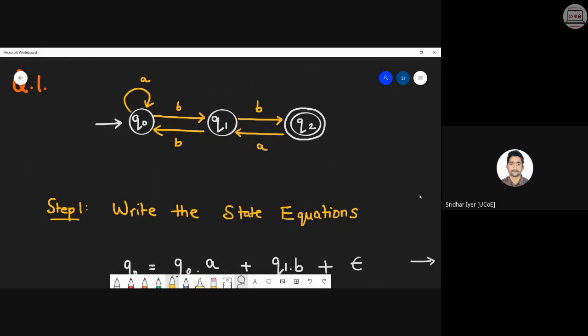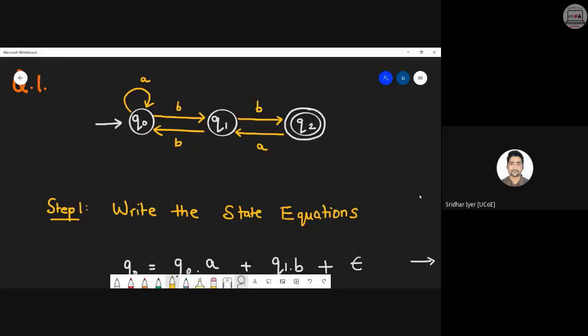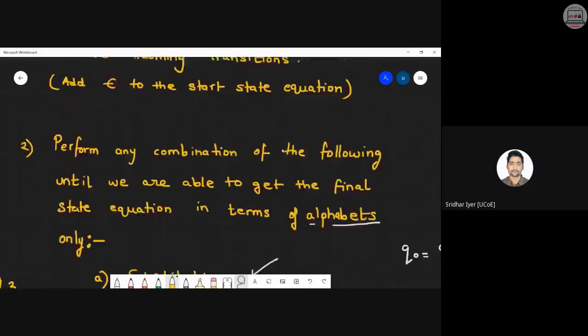This is your diagram. This is a finite automata given to you. Now, I have already explained that this can be an NFA, this can be an epsilon NFA, or this can be a DFA. So, in general, we are calling it a finite automata. Obviously, this is not a DFA. Clearly, it is evident that it is not a DFA because Q2 doesn't have any B transition, right? Similarly, this is not an epsilon NFA also, apart from this. Okay, so now this is your diagram. You have to convert this finite automata into an RE. How to proceed? Very first step. पहला step क्या था? You have to write these state equations.